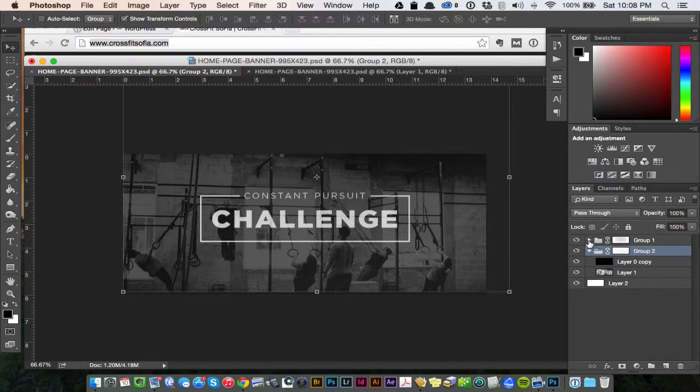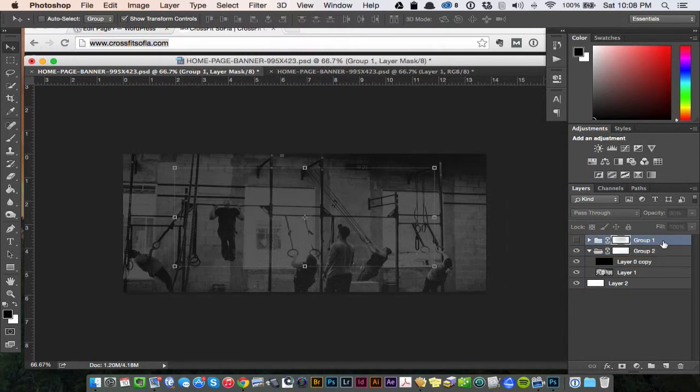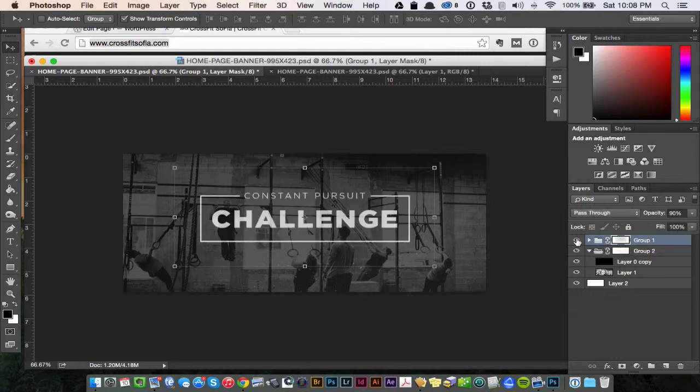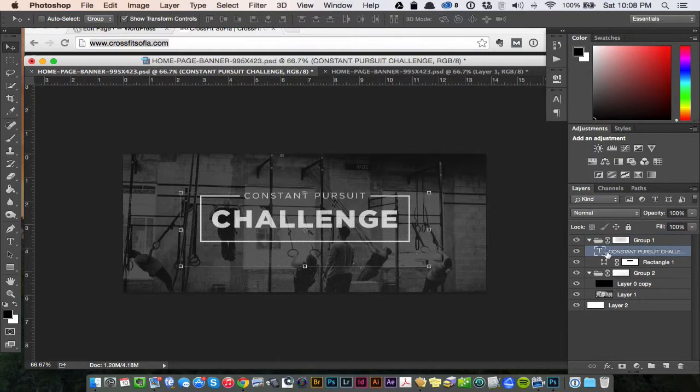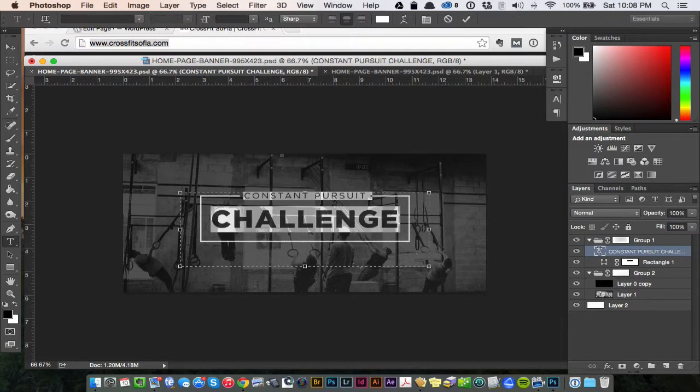So we have at the top here is our text, our call to action for the banner, and this was constant pursuit challenge. Just kind of had the box around the text, and if we click the arrow to drop it down and show what's inside it, we have the text,